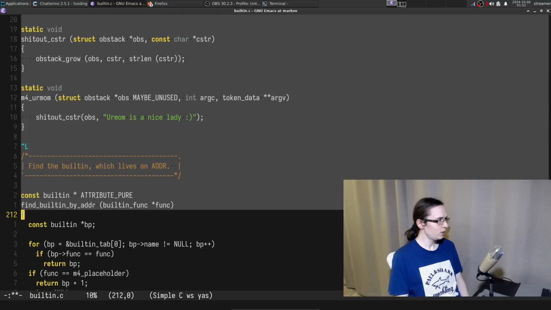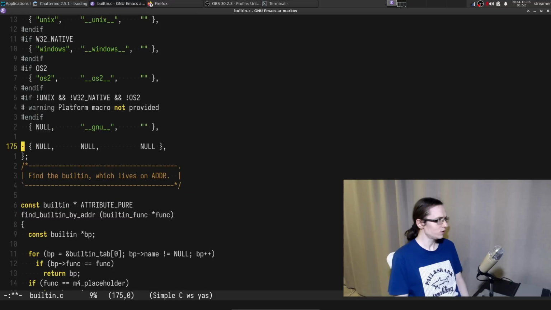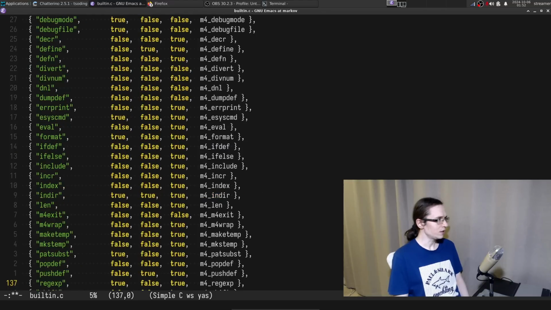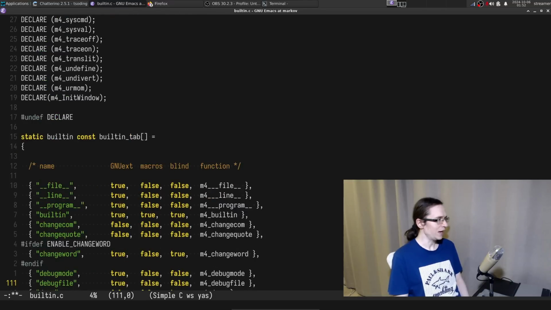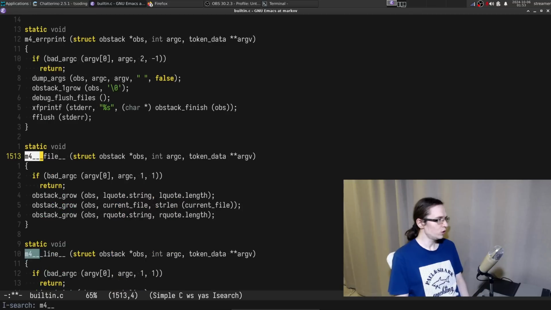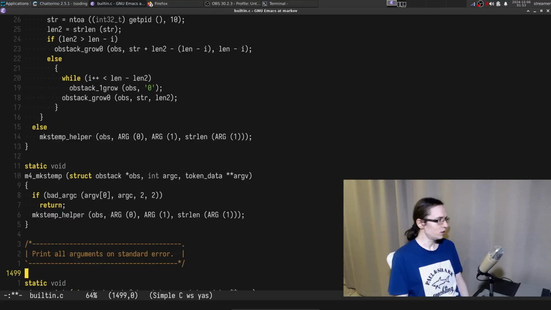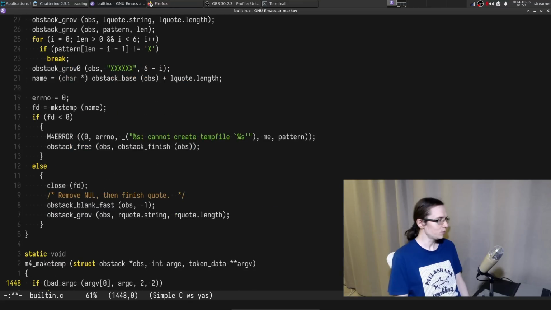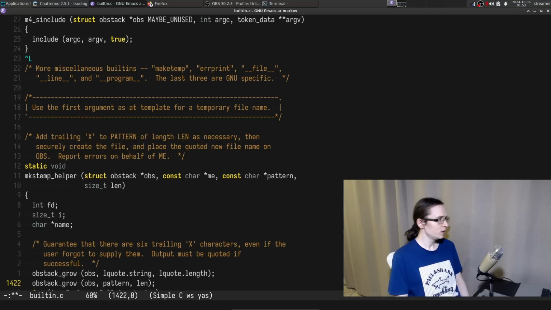So how can we even do all of that stuff? I feel like we need to find the first macro, which is in the M4 file. So here it is. Print all arguments. Okay, make steps, make temp.